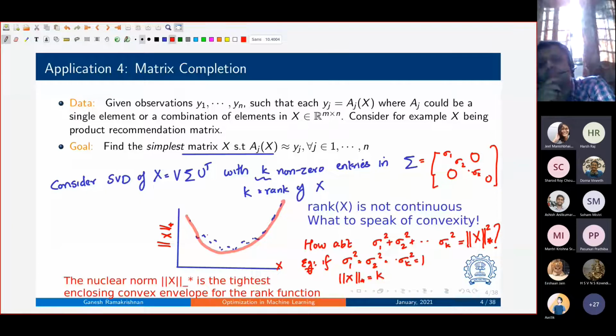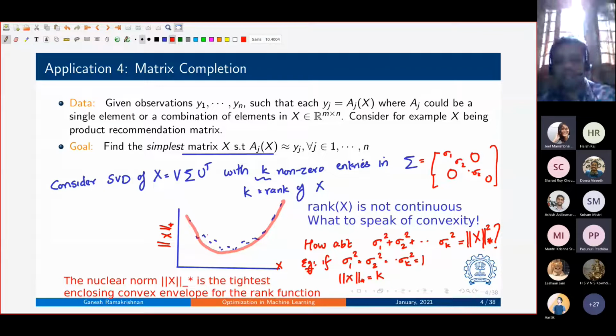Sir, it should be in some range, right? There should be some constraint that the extra value should not increase, I mean, exceed the minimum of the dimensions of the matrix. Yeah. So the notion of envelope we have not defined thoroughly here. I'm just trying to give you the intuition. It's a very good convex approximation. That's what we're intending to say.